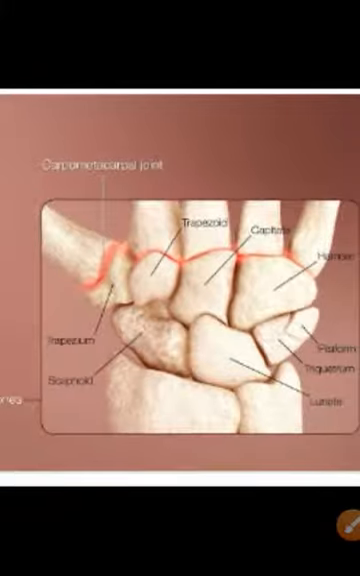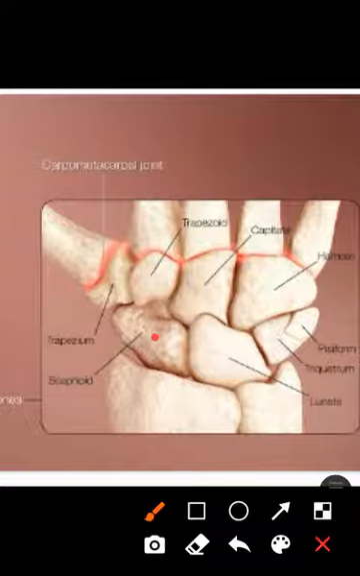The carpal bones are arranged into two rows. One is called the proximal row, the other is called the distal row. The proximal row contains four bones from lateral to medial, meaning from the thumb side to the little finger side. The first bone in the proximal row is the scaphoid, then the lunate, then the triquetrum, and the pisiform is present on the